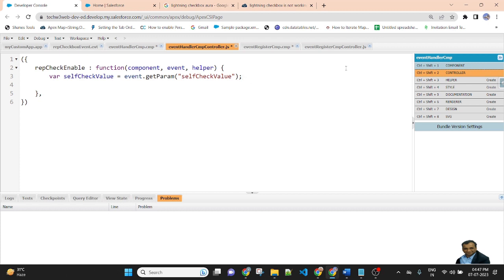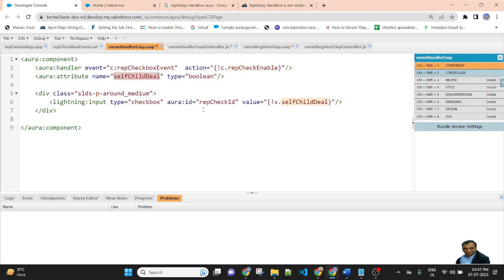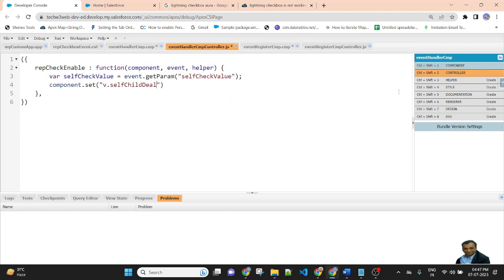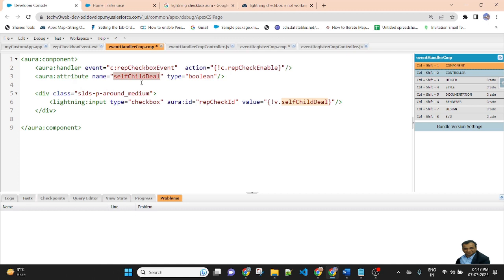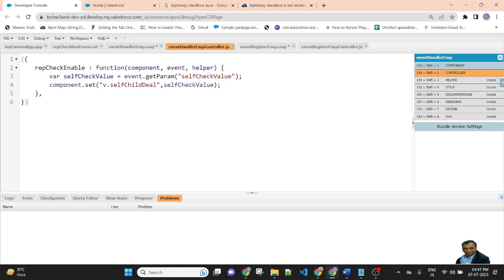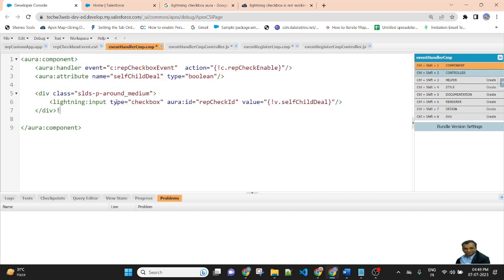Then component.set, v.attributeName, pass the attribute name comma and pass this get parameter value. So I am setting the value in this boolean to the get parameter value. Now save the file.